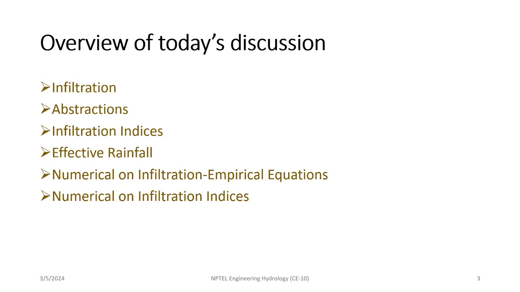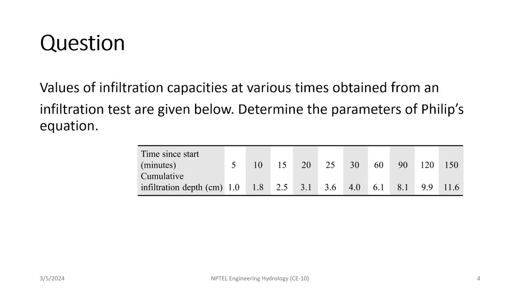Then we will also look into effective rainfall, which is one of the important parameters for generating the direct runoff in any watershed or catchment. Then we will look at some numericals based on infiltration empirical equations. We have covered Horton's equation, but there are a few more empirical equations, so we will go into those. Then numericals on the infiltration indices. Okay, so today